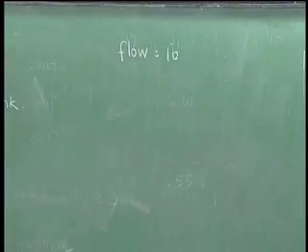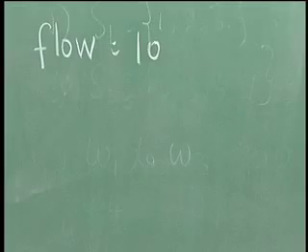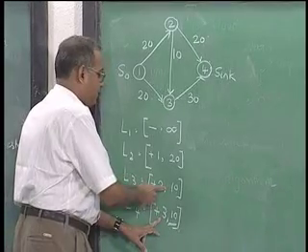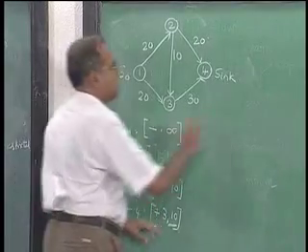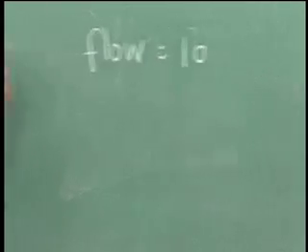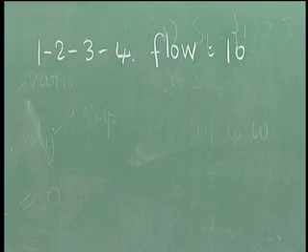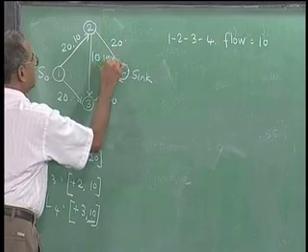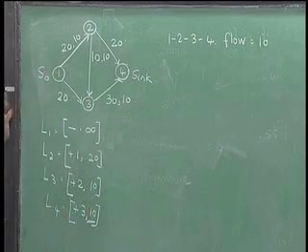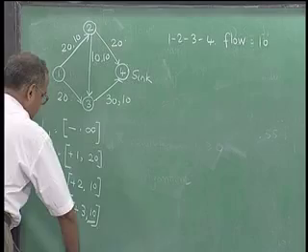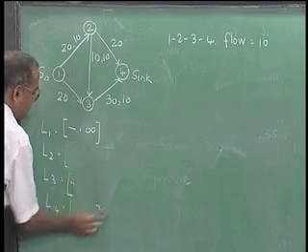The path will be 4 and plus 3, 3 and plus 2, 2 and plus 1. So the path will be 1 to 2, 2 to 3, 3 to 4 and flow equal to 10. Now update the flows. So 1 to 2, 2 to 3, 3 to 4, flow is equal to 10. Now go back here. Now again start with L1